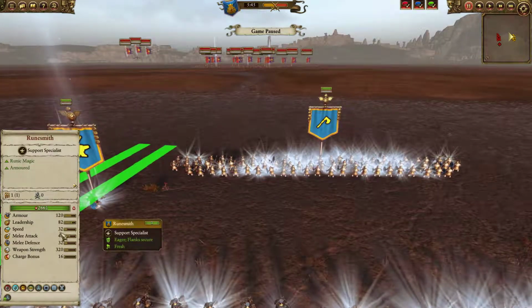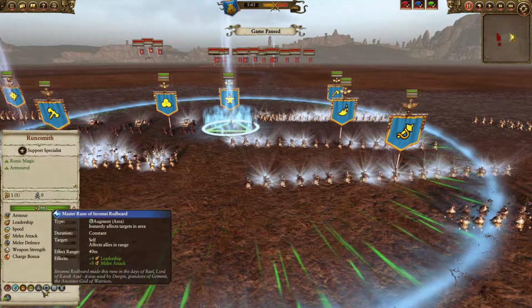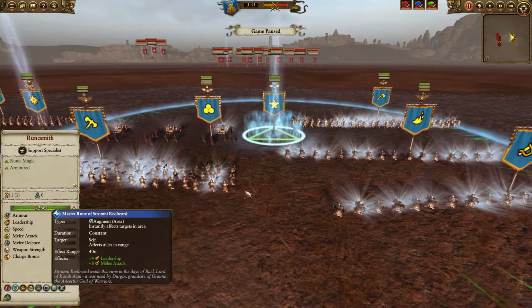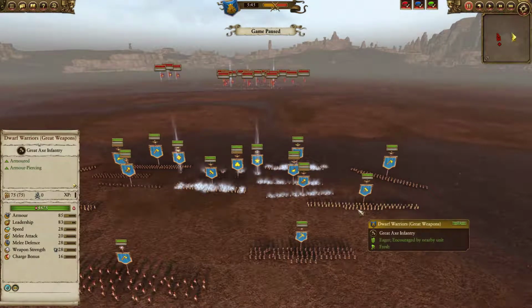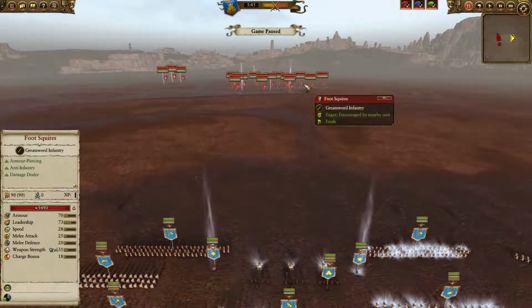runes. Including the Rune of Negation, Rune of Wrath and Ruin, Rune of Oath and Steel, but also the Master Rune of Stromni Redbeard, which will improve the melee attack and leadership of all the nearby units. Especially the melee attack is a decent boost, since that will make sure that the Dwarf Warriors and the Dwarf Warriors with Great Weapons and my Miners will perform much better, especially when they're fighting up against something like Foot